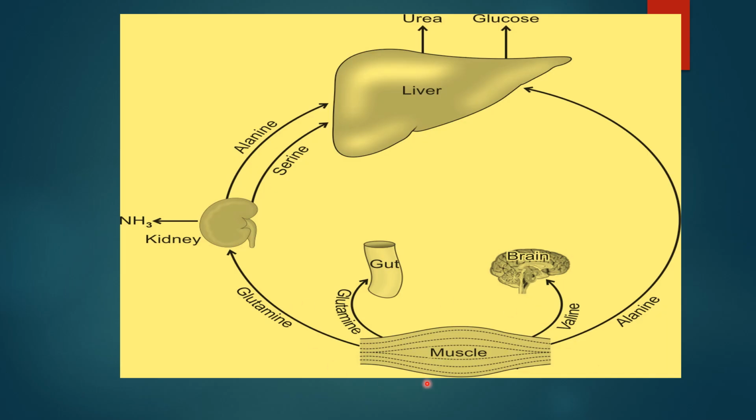So once the muscle is being degraded inside the body, if muscle degradation happens, a lot of amino acids get freed into the pool, and from this pool, the maximum branched-chain amino acids are taken up by the brain. Branched-chain amino acids like valine, leucine, and isoleucine are taken up by the brain, and here the brain maximally utilizes them, converting them through transamination and deamination reactions into various substrates. Various intermediates of the Krebs cycle are generated by the brain.